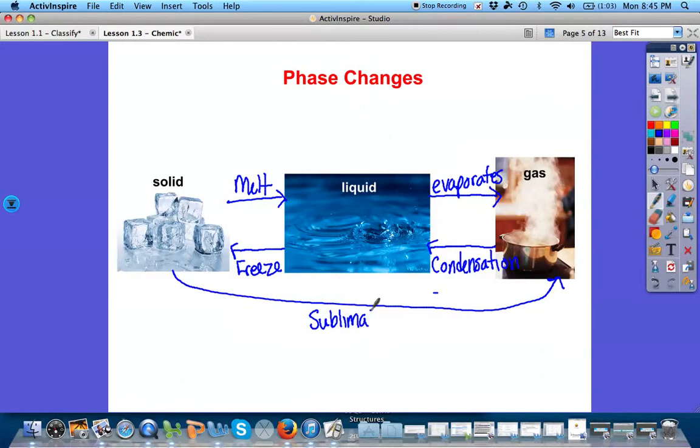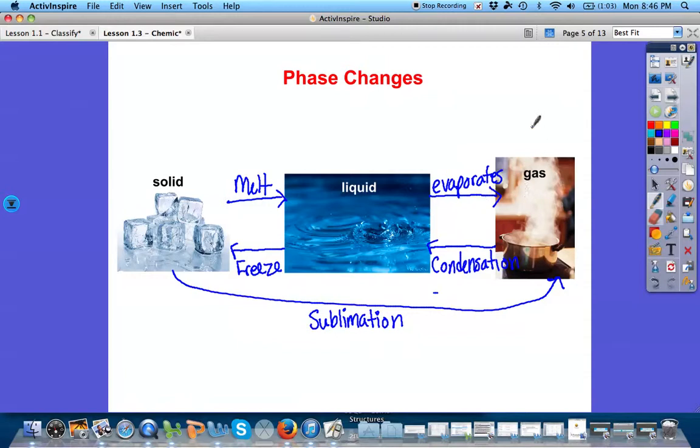So an example of sublimation is if you take dry ice and you can put it in some water to speed up the sublimation process, but the solid CO2 will sublimate into a gas, and it normally hangs down low next to the floor, and that's because CO2 is more dense than the air. So people sometimes use this at Halloween to have that kind of smoky look that kind of crawls along the